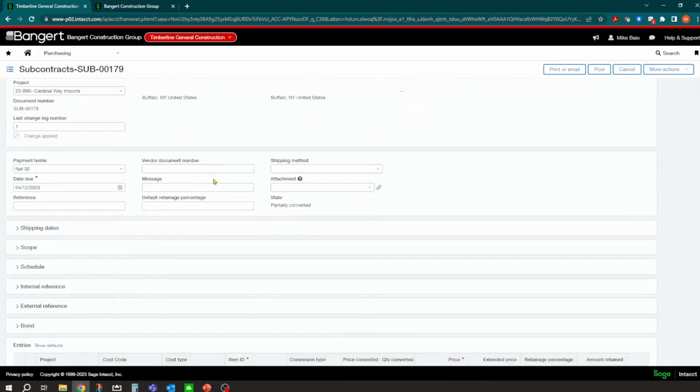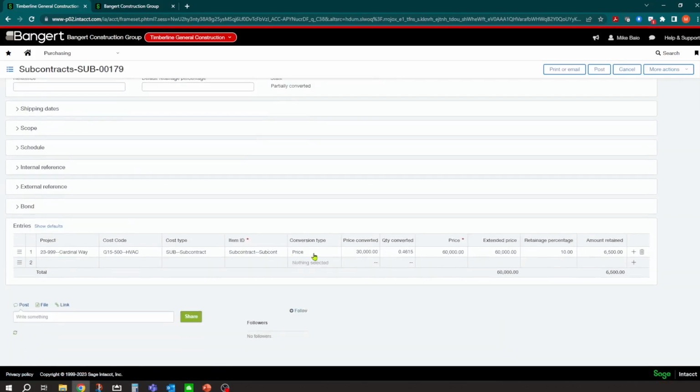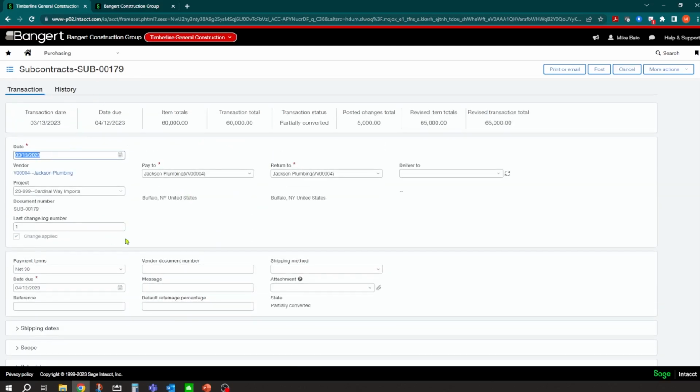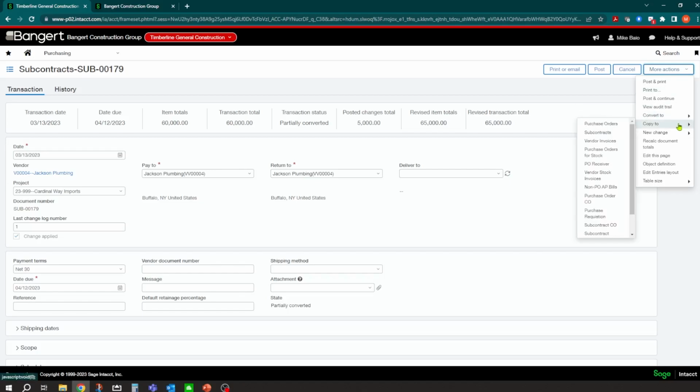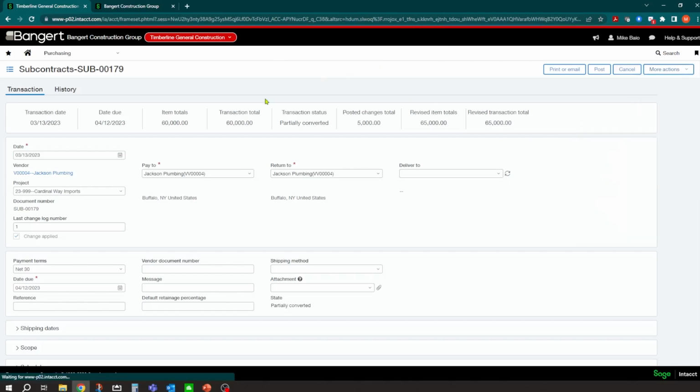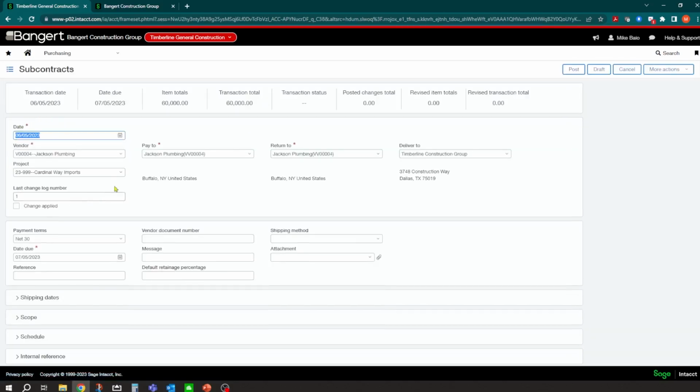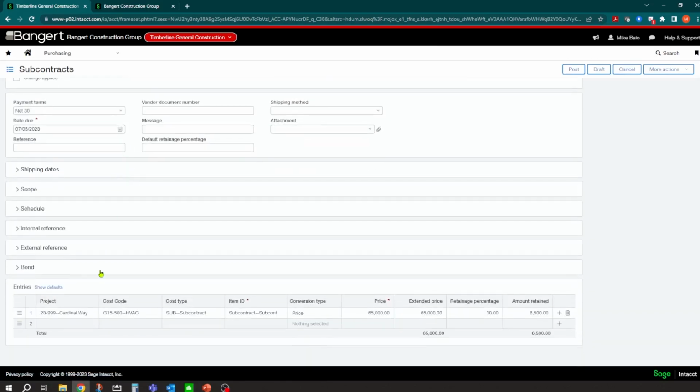So it's got some information filled in, but it's very similar to this agreement, meaning all the information is filled in. What you can do is from this agreement, you can hit convert or copy to, and you can copy it to another subcontract. And what that does now is that basically copies it over into a new subcontract, and now you can make your changes.